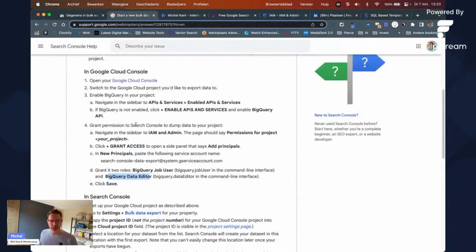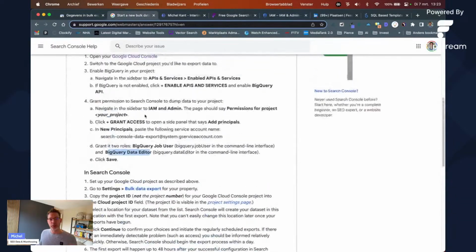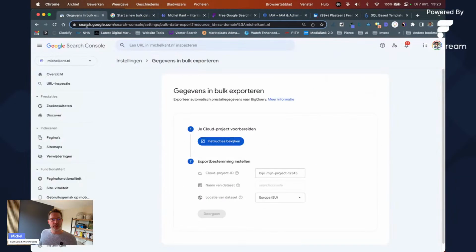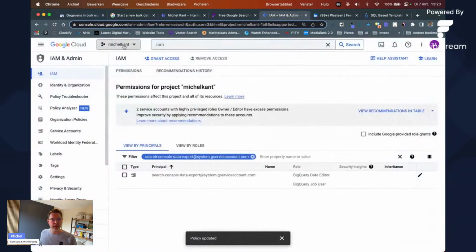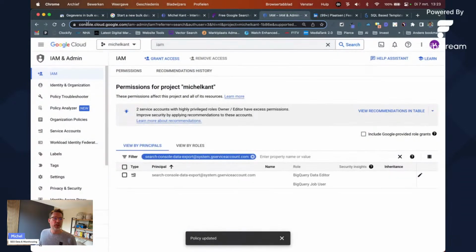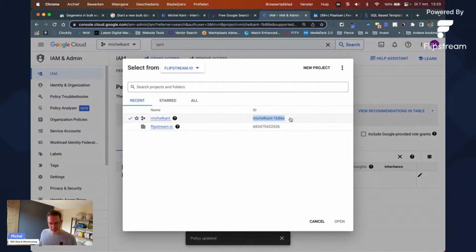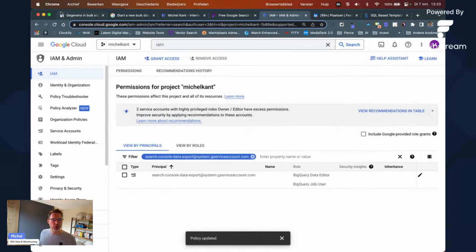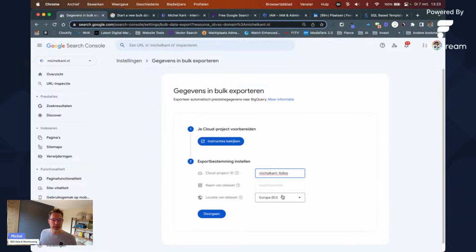That's it. Now everything is set up for the export to get started. Now what they're asking here is to set up your Google Cloud Project ID, but you just created a new project right here. You need to use the project ID. I actually should copy that myself. Here is my project ID. Paste it in here,